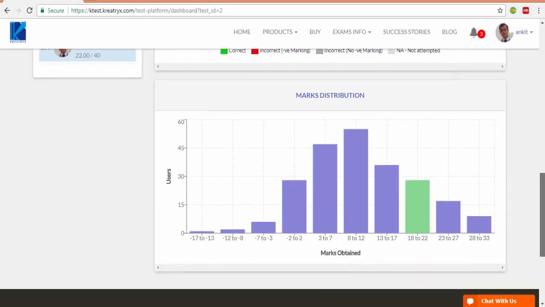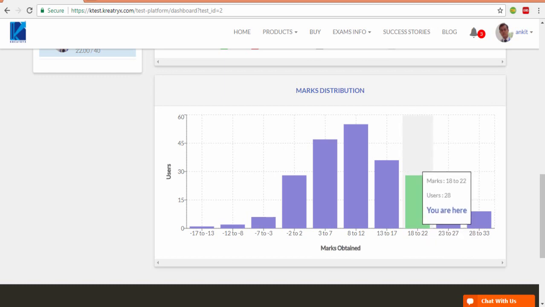Then if you see, now I have moved one bar ahead, that is I am in the third column. Earlier I was in the fourth column. That is what you have to do. You have to consistently improve and move forward. That should be the aim of the subject test. So other branch people can also follow the same process.